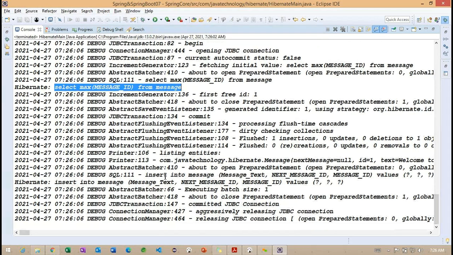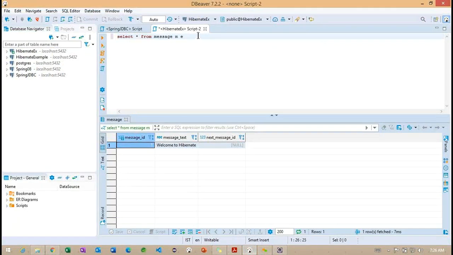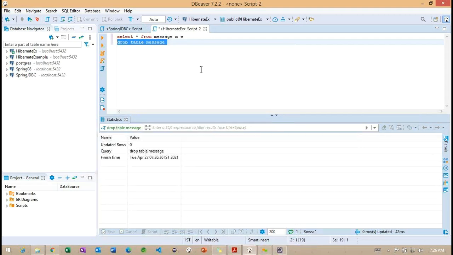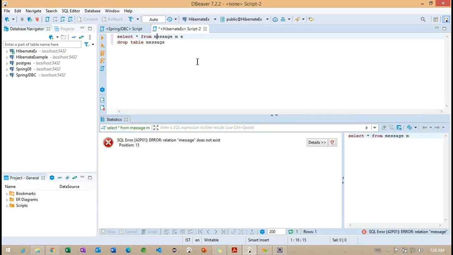Select message ID, insert. Okay, we'll do one thing. We'll try to drop it manually. Okay, so the table is not there.